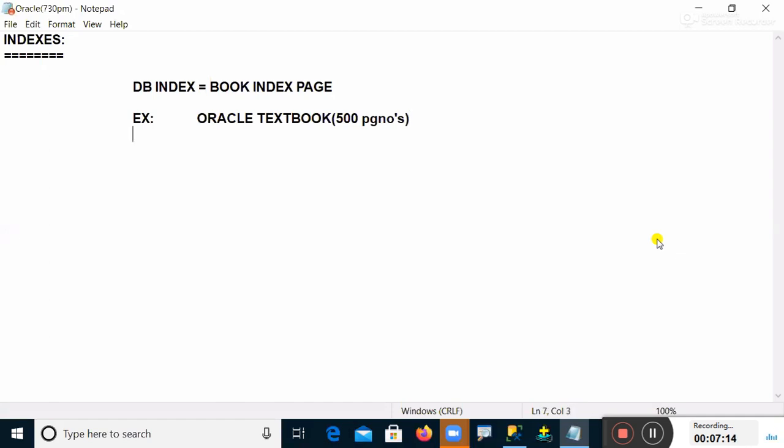Okay, out of 500 pages, there are so many concepts we have. But assume this, guys, this textbook is not having an index page. Okay, now there is no index page in this textbook. For example, those people who published this book forgot to give an index page. Okay, so the index page is not there in this